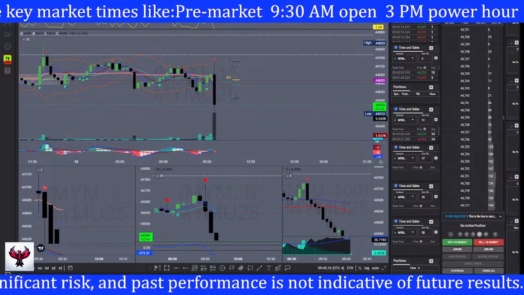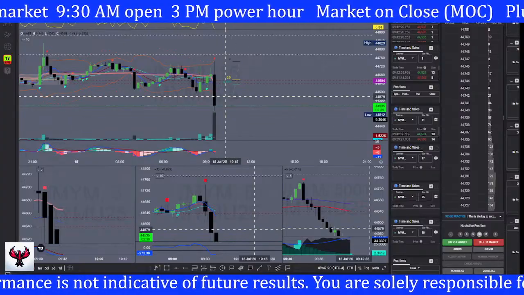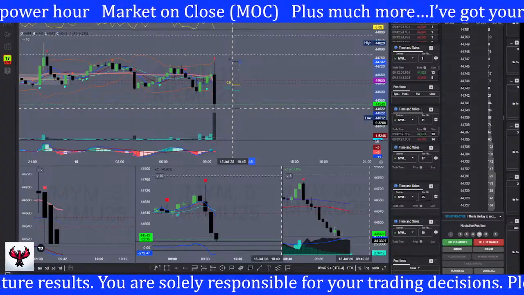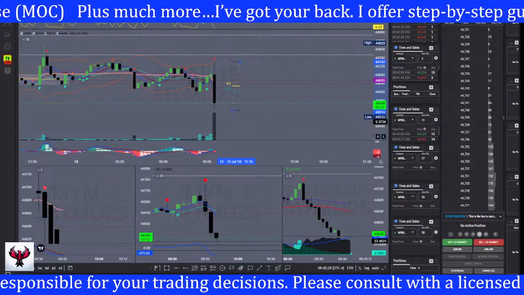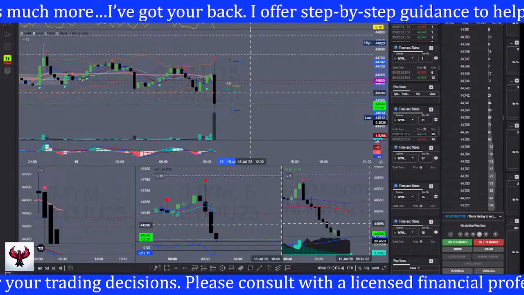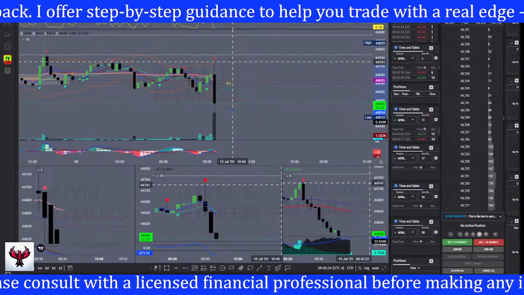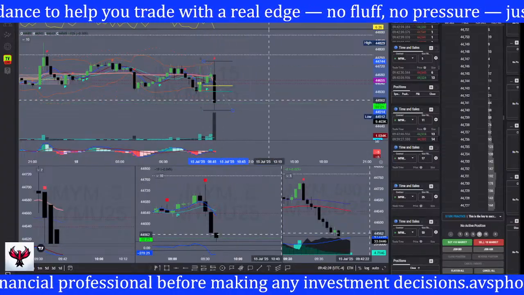Let's take a look at the schedule, the calendar for the day. Bowman came and went, did not comment on monetary policy. We do have White House crypto czar Sachs speaking at 10:45. We got Barr speaking at 11:45. We got Barkin speaking at high noon central. We got Trump speaking at an energy event, 1:30 p.m. central. Collins speaking later on this afternoon. So we got a packed calendar today.